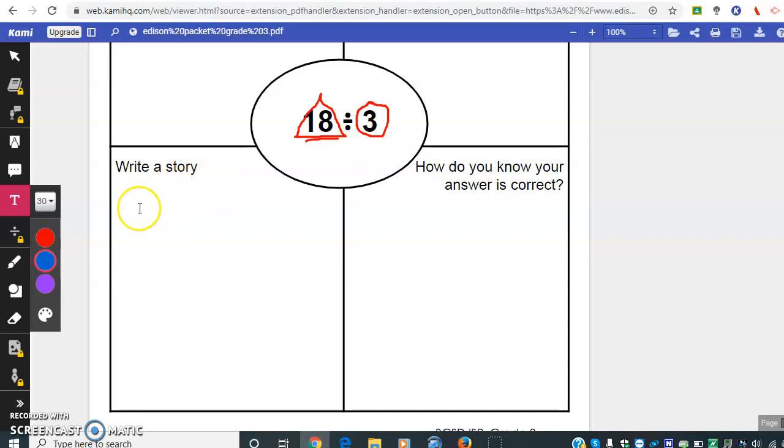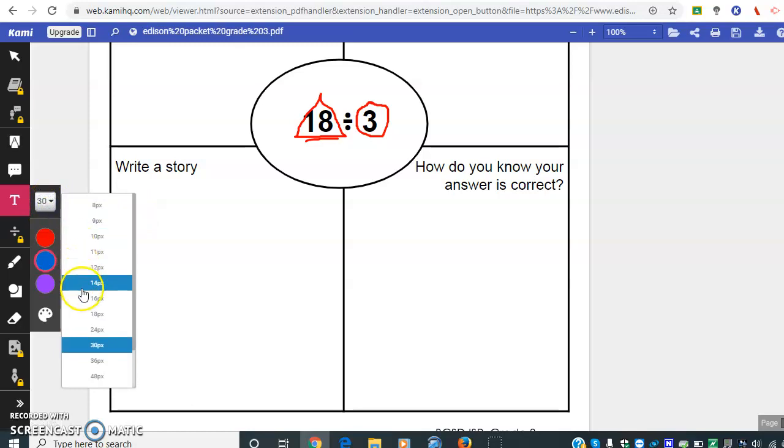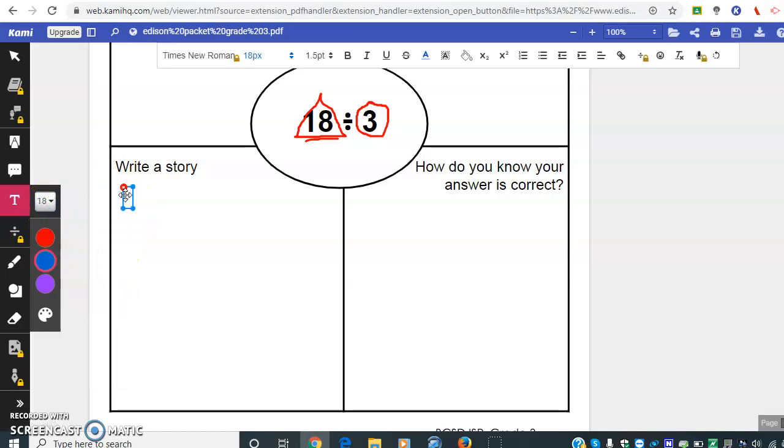So here's how I'll start. I'm going to start with Christian, my son, right? Chris has 18, what does he have? 18 games, sure. Now, that's my total number of games, but he has to start dividing them up. So he's going to put them into containers. And this time his containers are going to be boxes. He puts the games